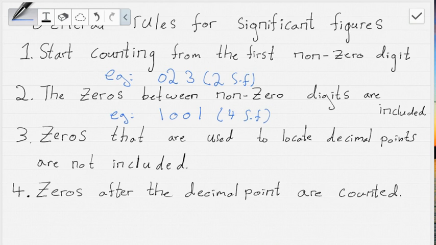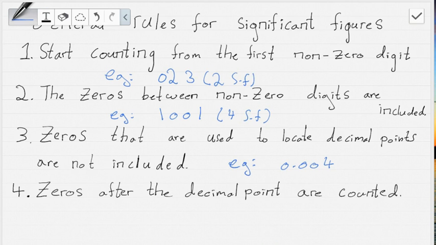And now the third rule. You're going to notice there are a lot of rules about zeros here, because we know that the other non-zero numbers are always significant. In this case, we are talking about when zeros can be significant and when they won't be. Now the third rule: zeros that are used to locate decimal points are not included. Let me give you an example. If you have something like 0.004,